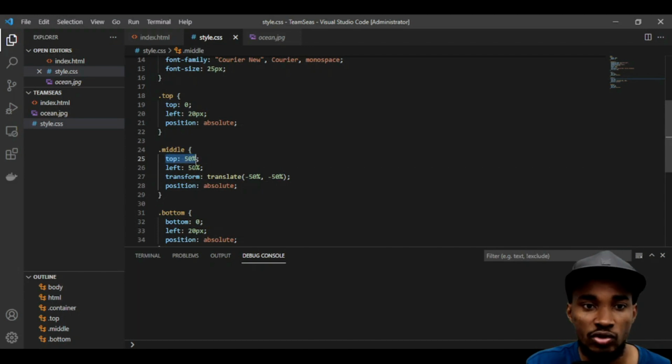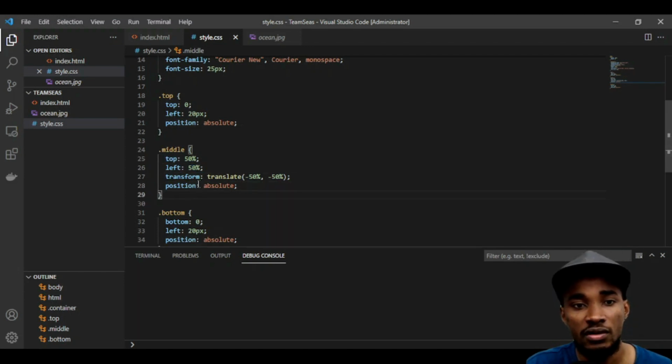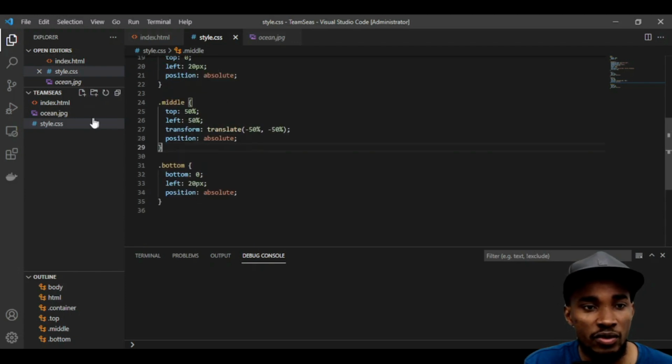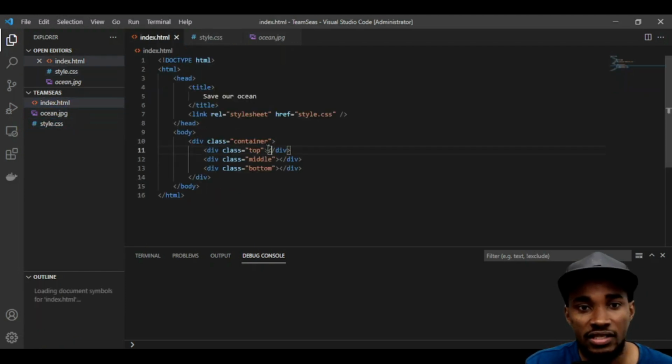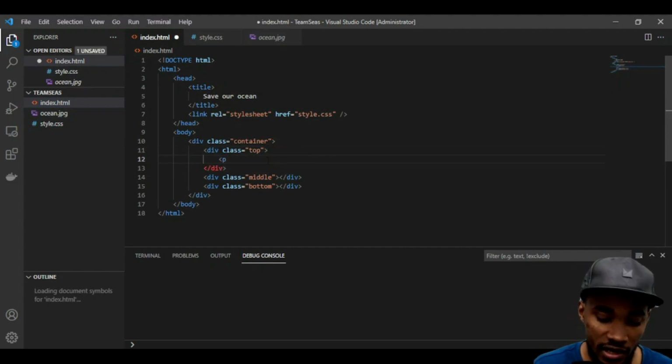So we have our top there, then we have the transform, and we have the position, which is absolute. So we have that. The next thing we also want to do is go in there and actually start putting some things in here. Okay, let's start with the top one. Put a paragraph in here, and then in our paragraph,